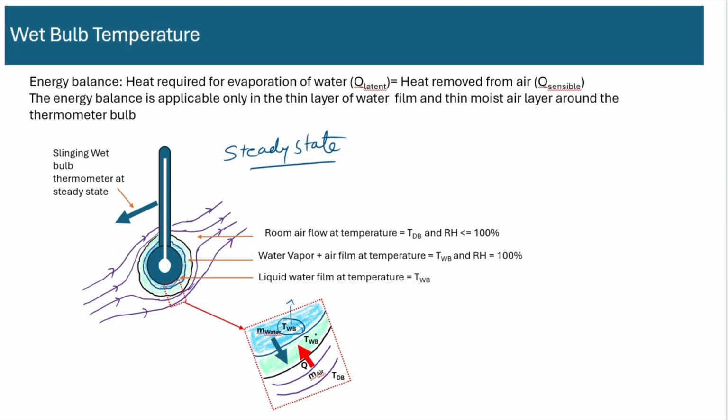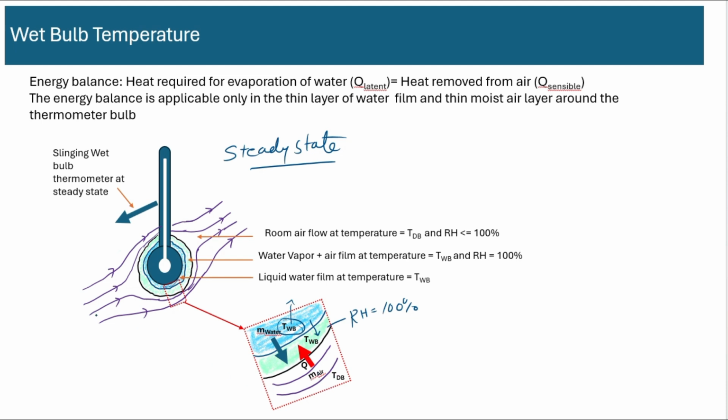Okay, and then right above that, there's a layer of 100% humidity, because at steady state, the lowest temperature possible here is only possible because it has evaporated and reached the maximum evaporation rate, and that maximum evaporation rate will create a 100% humidity layer of moisture right above the water. Okay, so the evaporation is at steady state, and now